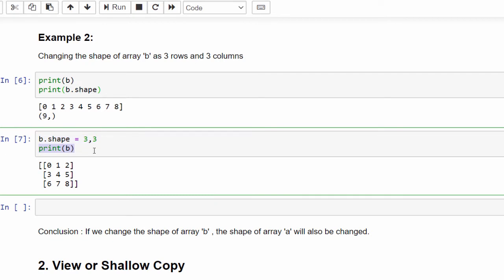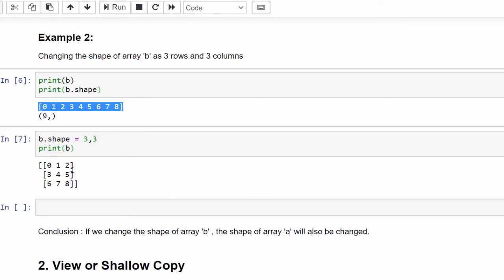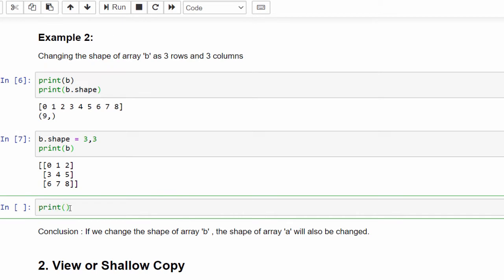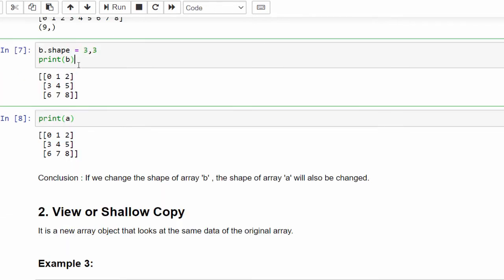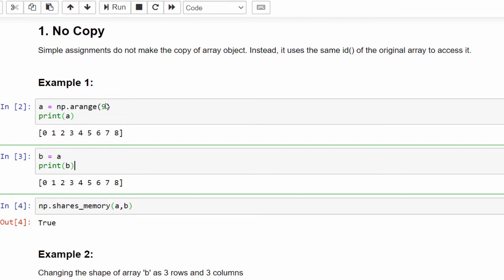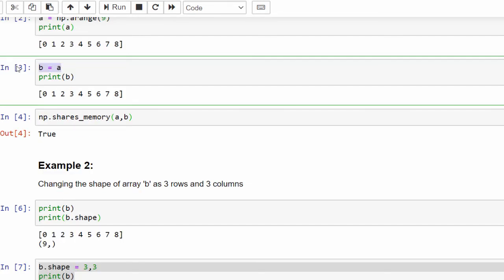See, when we print matrix b, this one dimensional array is converted into a two dimensional array as 3 rows, 3 columns. Why we are doing this is, now check what is array a. You modified the array b. Due to this, the array a is also changed. So whatever changes you make in the variable b will also be replicated or updated in the array a. So the conclusion here is, while using a reference variable, if we make any changes in the secondary array, this will affect the primary array also.